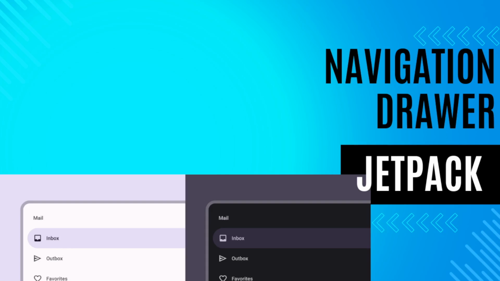Today we are diving into how to implement a navigation drawer using Jetpack Compose and Jetpack Navigation. This approach leverages Compose's modern declarative UI framework to create a seamless navigation experience. So let's get started. First, what is a navigation drawer? It is a panel that slides out from the left edge of the screen, providing app navigation options. Using Jetpack Compose, we can build and manage this drawer easily while integrating it with Jetpack Navigation for a smooth